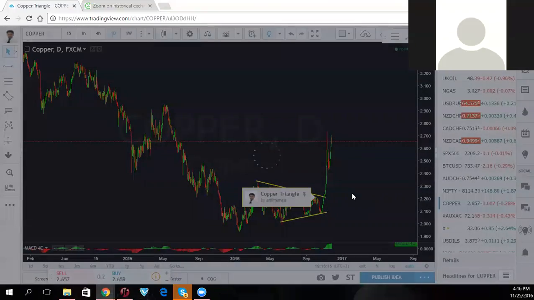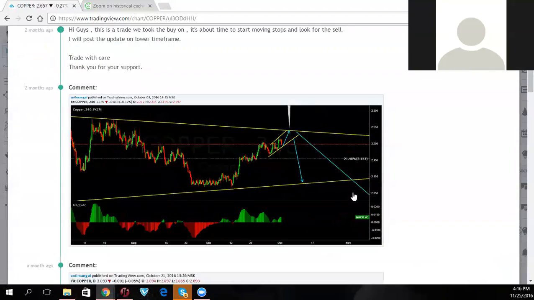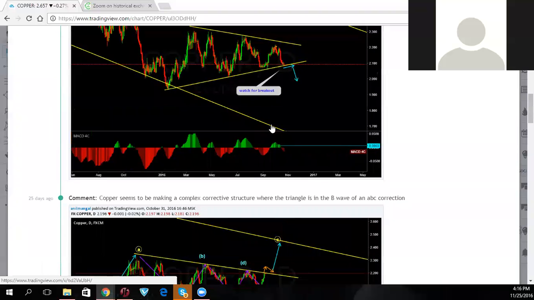Come on, this thing keeps going away from me. I'll bring it up. Good. This is what you sell. You sold the breakout. You see what I said? Two things you're looking for now. You're looking for this to break the triangle, make a consolidation, prove that it is going to go, and then you sell. But when we relook at the chart, and this started to go up, let me just exit this.